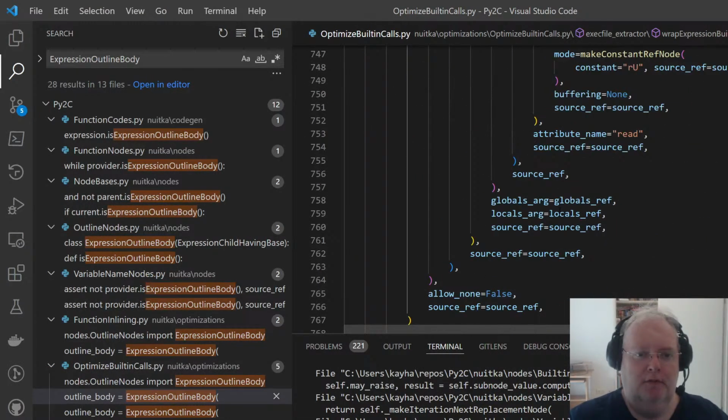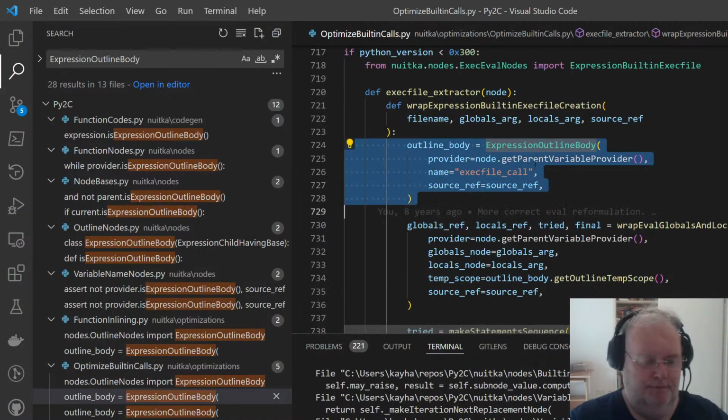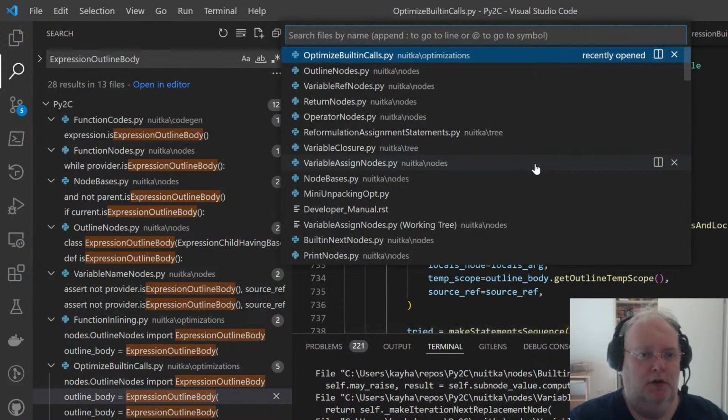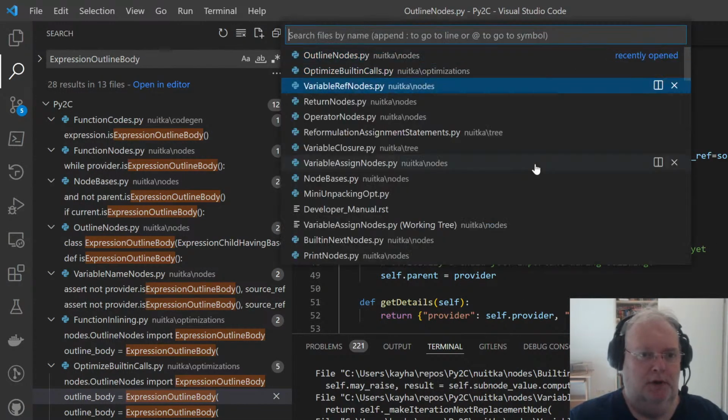But when I have my state, so I create the outline body first thing. Does it have to be a unique name? I actually forget, but I guess it should. It should probably be a unique name, and I said I cannot reuse them.